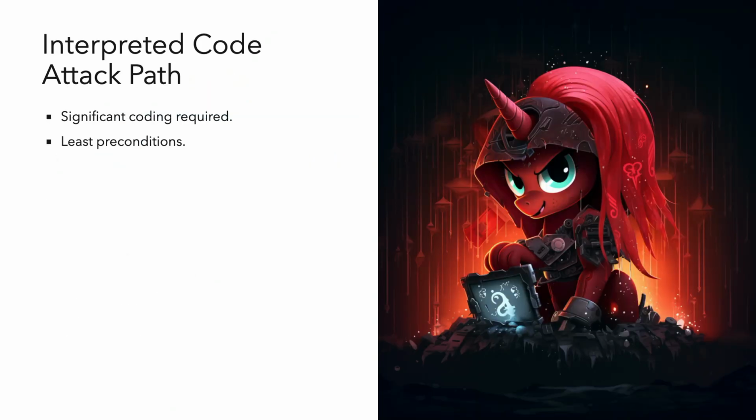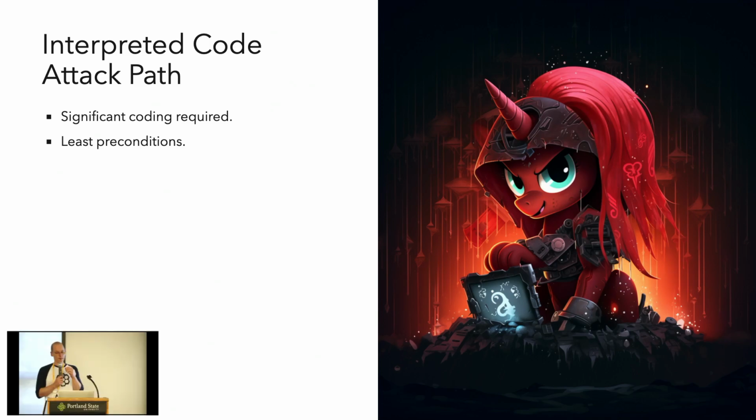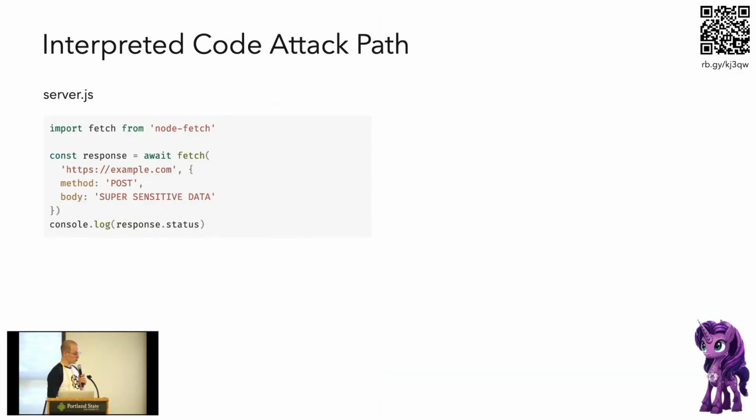All right, so onto the first one. This is attacking the interpreted code itself. There's quite a lot of coding. Maybe you're not changing many lines of code, but the kind of skill and fluency that you need with coding is a little demanding. On the upside, though, my God, you don't really need to have too much access to be successful with this one. And I think it might be quite hard to detect as well. So what does this look like?